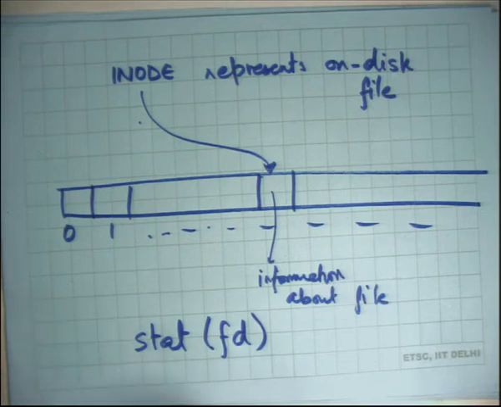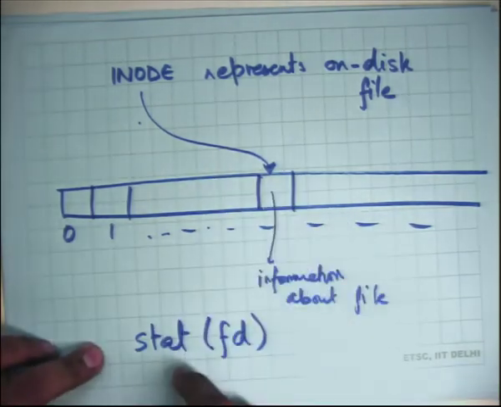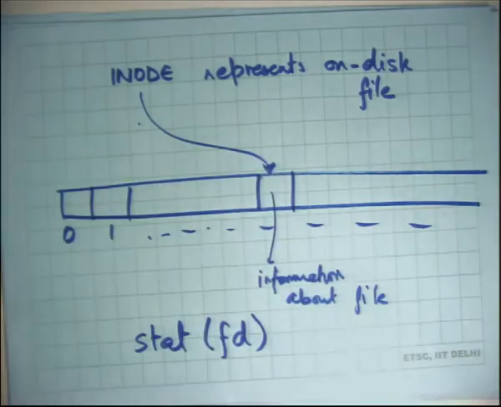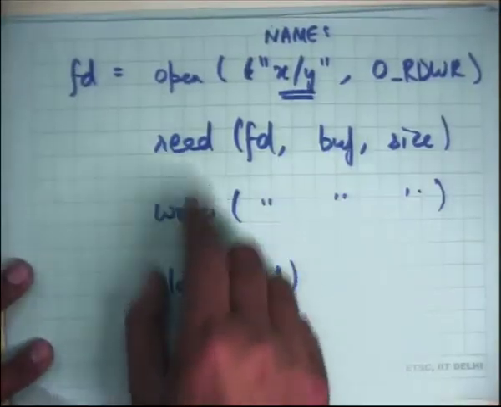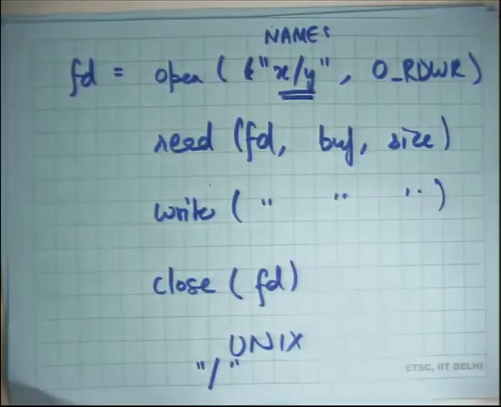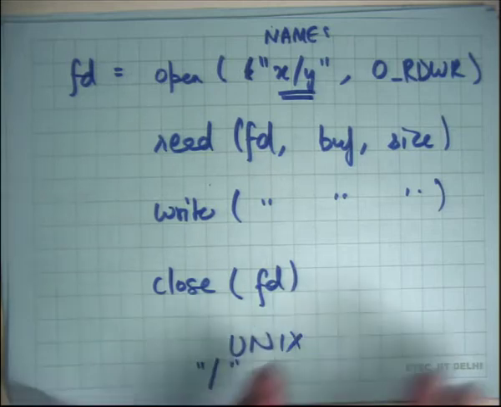Okay, so this structure is completely hidden from the user except that he can inspect it using stat, which is basically just a read access. It cannot directly write to it. Writes to the inode by the user can only happen through this interface, which is read write. So for example, when you write something, then something needs to be changed on the disk, so the inode will get overwritten, but there's no other way to directly touch the inode by the user.